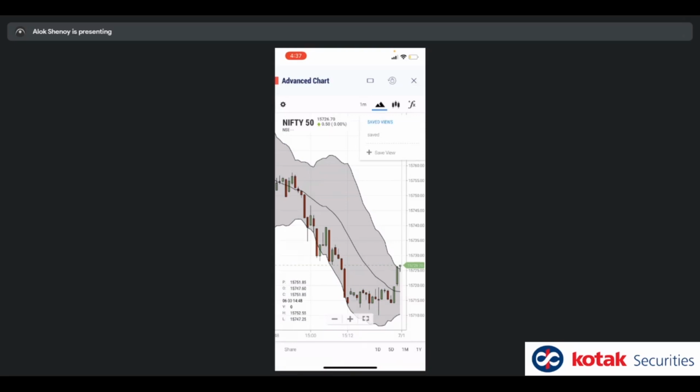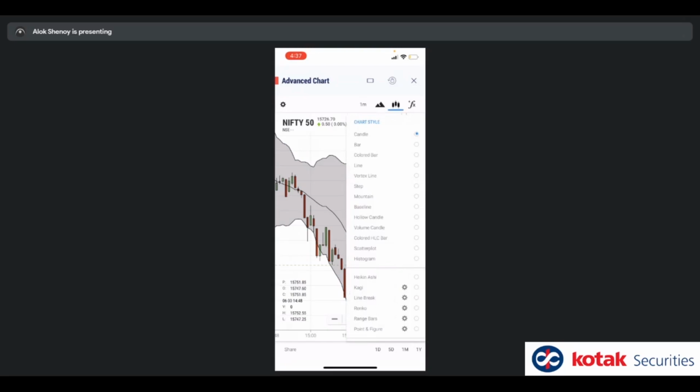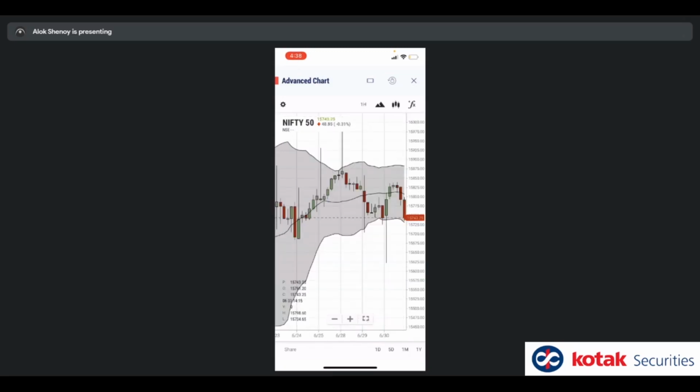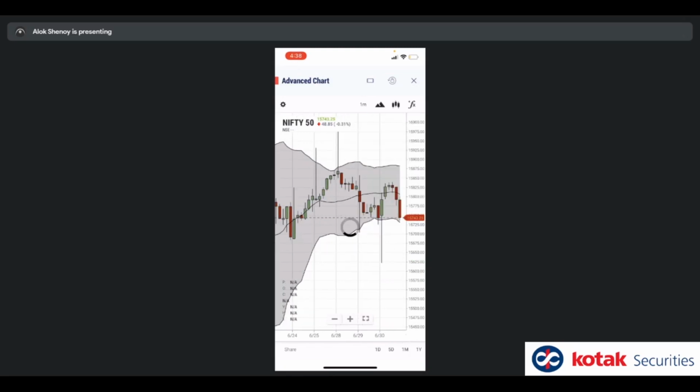Now, if you want to change the plot, it's a candle plot, you want to change it to something else, you can change it by just clicking on one of these, and it will change the format of the graph being plotted. I'll keep candle because that's what I would prefer to have. If I want to change the x-axis, the time interval right now is 1 day, 1 minute periodicity. I can change it to 5 day by clicking down 1D, 5D, 1M, 1Y. And on top, you can see it has become 1 hour by automatic setting, but you can again bring this to 1 minute if you want.